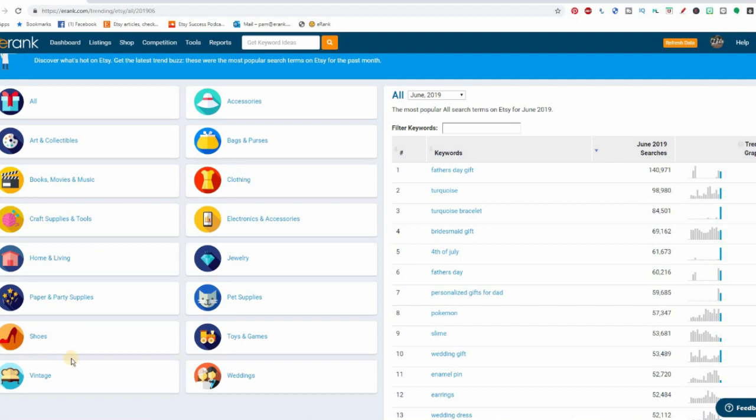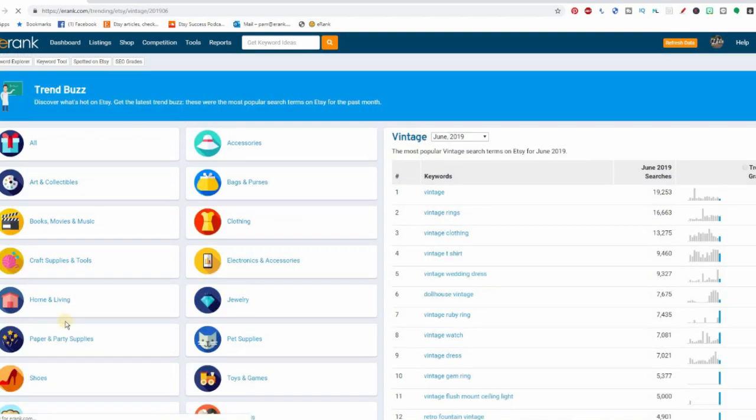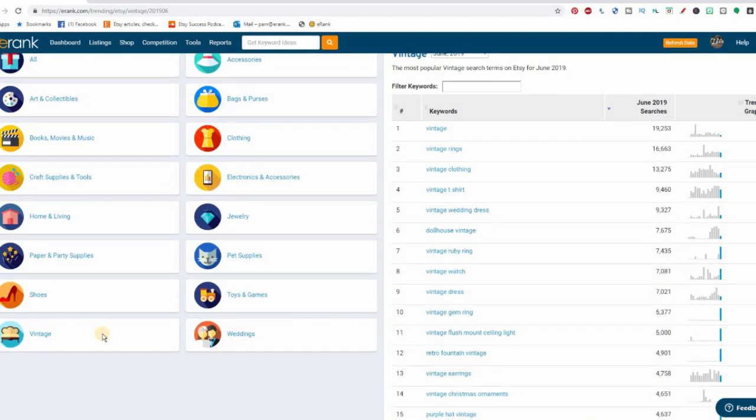To be able to categorise this, what eRank has done is taken all searches that contain the word vintage, because that way we know that the searcher was literally looking for vintage items. So it may not be perfect, but it certainly gives vintage sellers an idea of what is hot